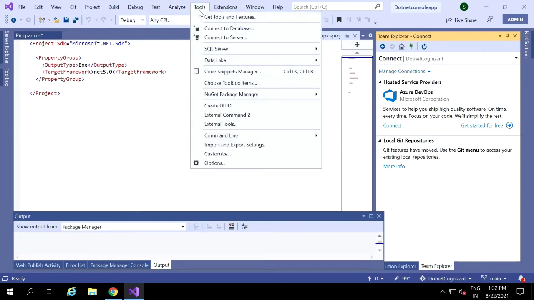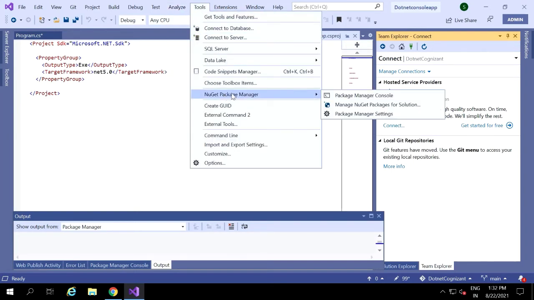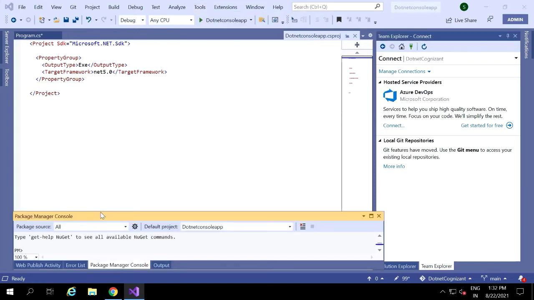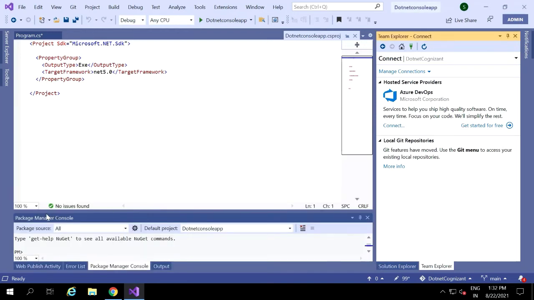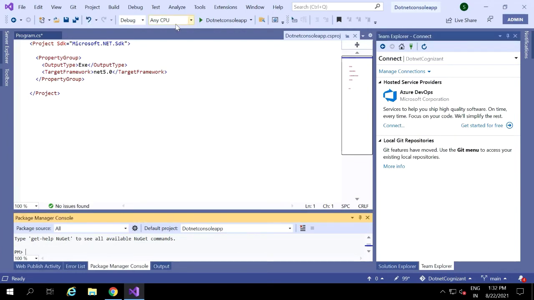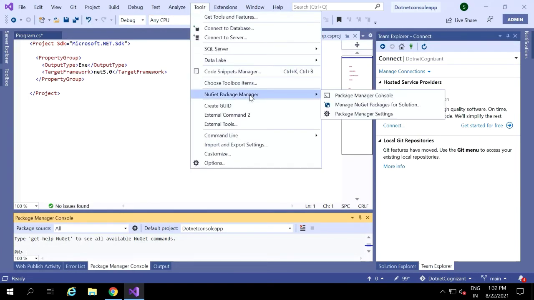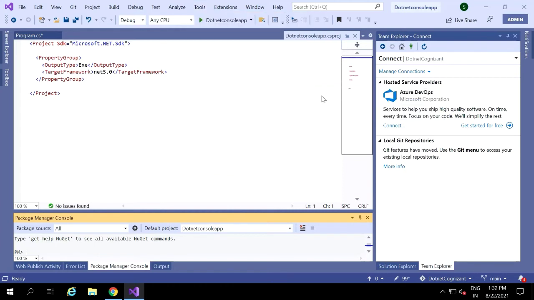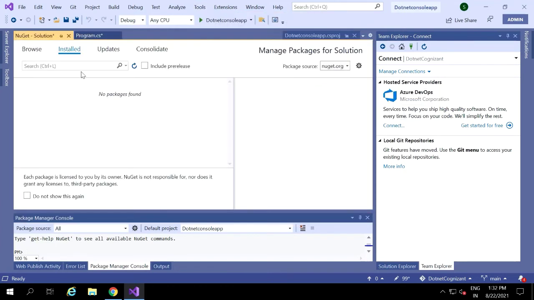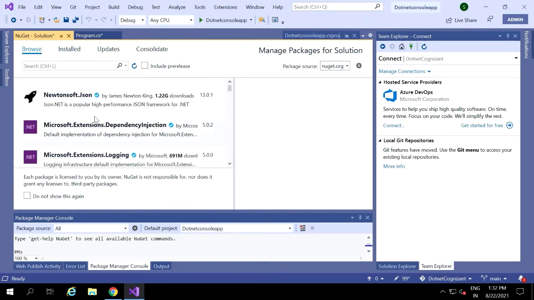One main thing in Tools we have to use often is NuGet Package Manager, where we have the Package Manager Console, PM console we can call it. We can install things by using commands in this Package Manager Console. If you want to do any migrations, we also write commands in the Package Manager Console. And we also have NuGet Package for Solution, so we can browse and get the packages here, and we can install those packages into our projects which are used for the particular project.